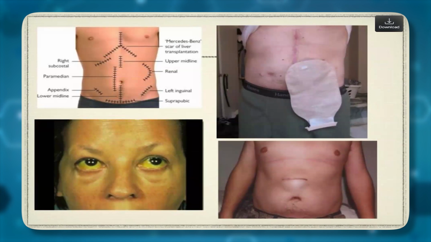Scar is so very important. Or if you fail to identify between an ileostomy and a colostomy, or if you miss something like the deep icterus in the lady at the bottom left, or you miss an obvious swelling like a hernia or a bulging aneurysm. Next,